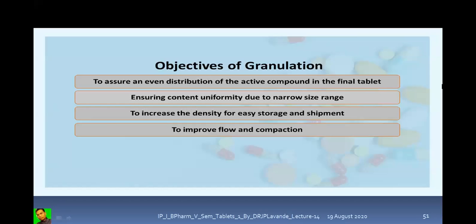and shipment. The fine particle is very difficult to handle because of its fine nature, because of its bulk density and larger volume. So in order to offer density to this fine powdered material and to reduce its volume, we need to go for the process of granulation. Granulation is important to improve the flow and the compaction. The fine powder is very difficult to flow. It will not possess good flow properties. Instead of that, if we are going for preparation of the granules, that will remain free flowing.